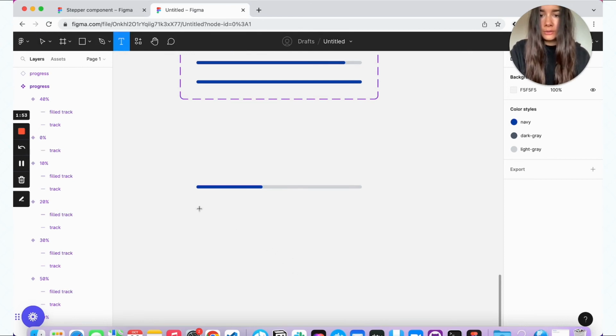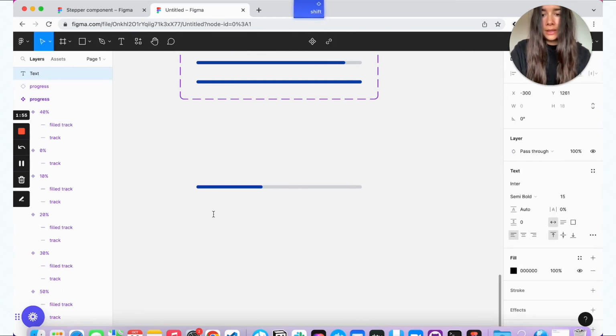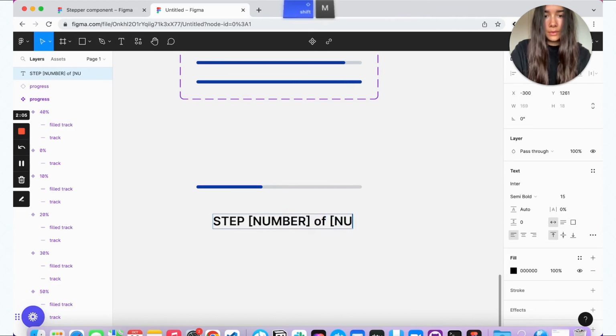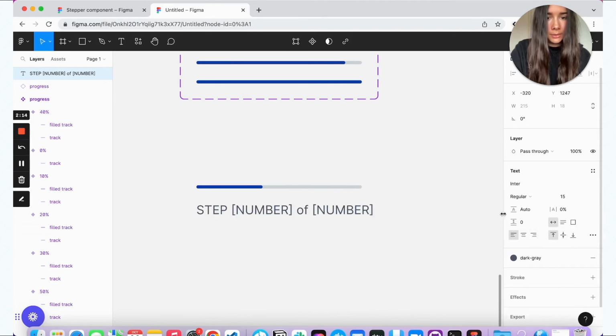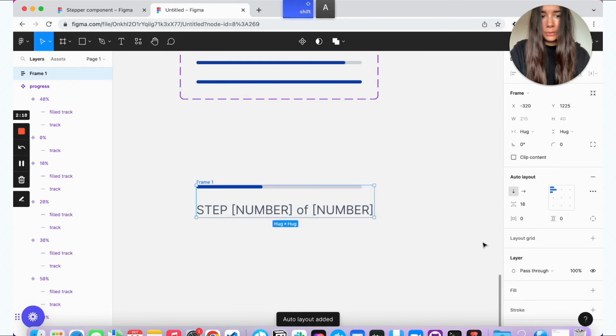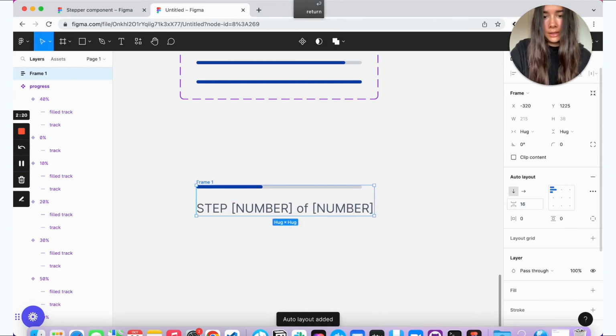So we're going to have just one text layer, and we'll have step, and just keep the placeholder here, and let's keep this regular, and give it dark gray, and then we'll combine these two in auto layout,